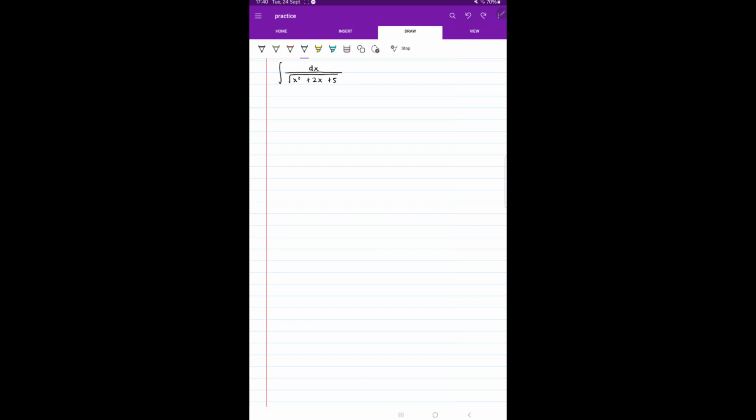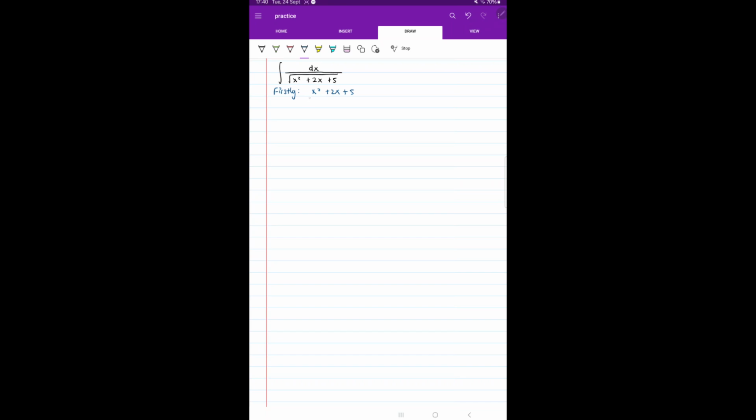Now, we can't really apply a trig sub yet because this is an ugly form, and how we fix that is by completing the square. So let's do that together. So firstly, let's put whatever's in our square root. Okay,